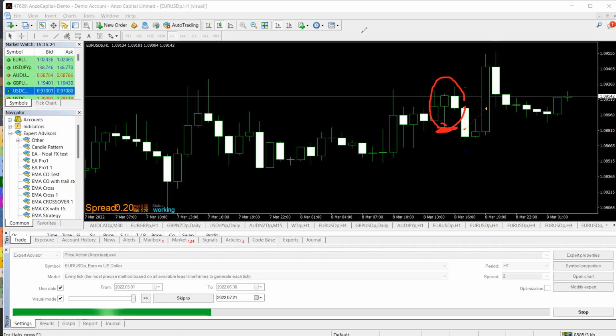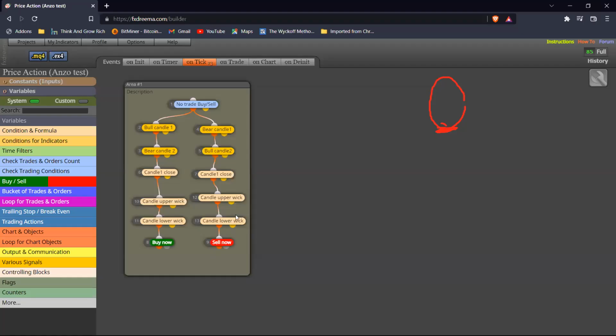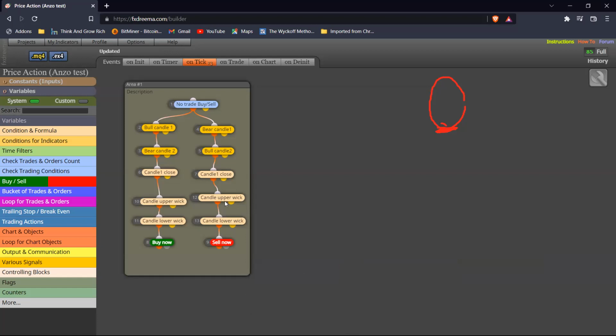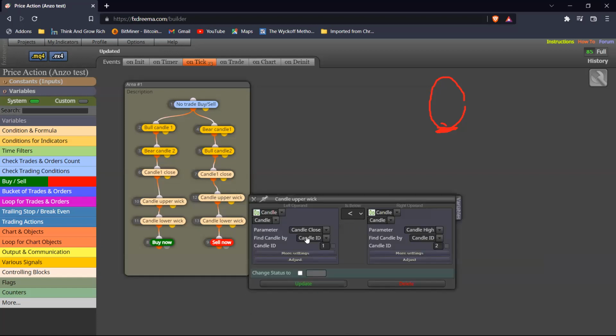Let's go and see what our condition actually was. So let's come here. The low of the first candle should be greater than, oh no, it should be less than, in this case, less than the low of the second candle. I think, and then let's see, the candle close should be less than the high? So this is bearish. The candle close should be,